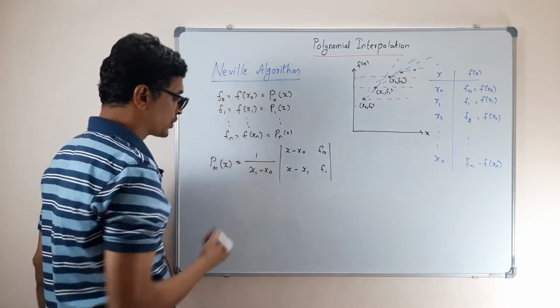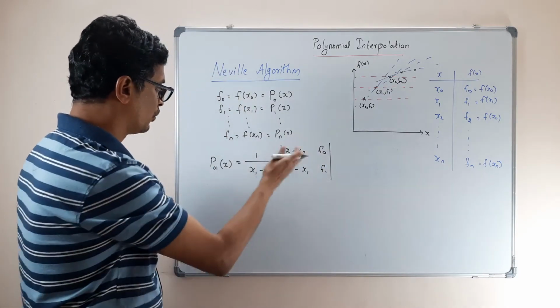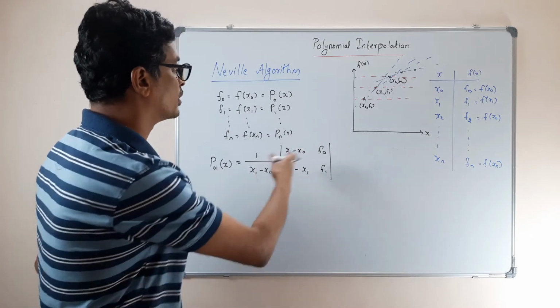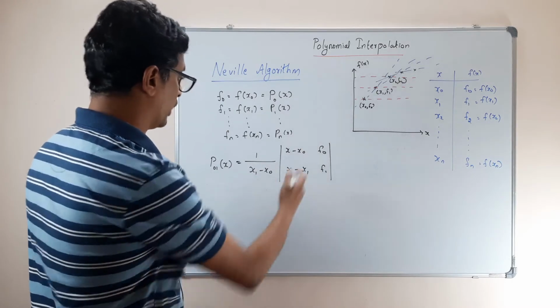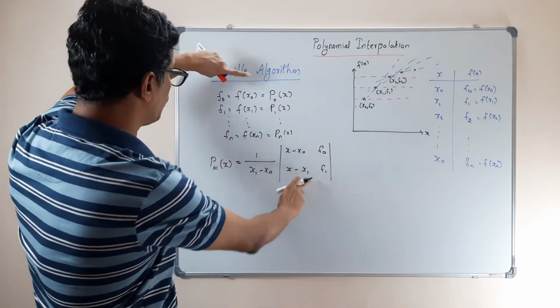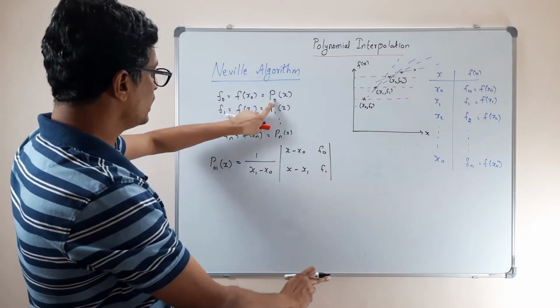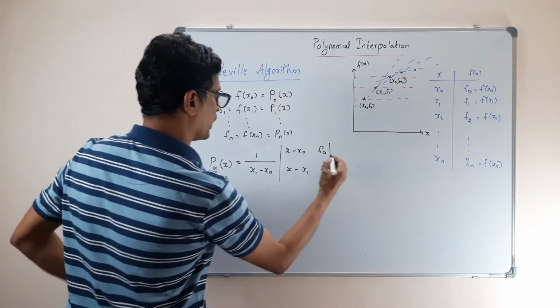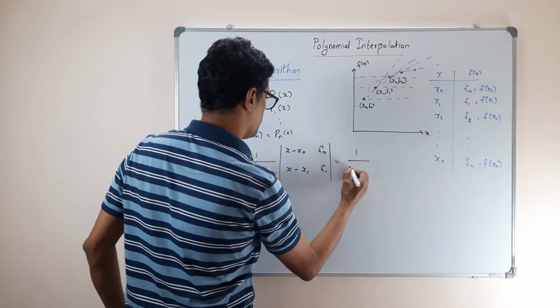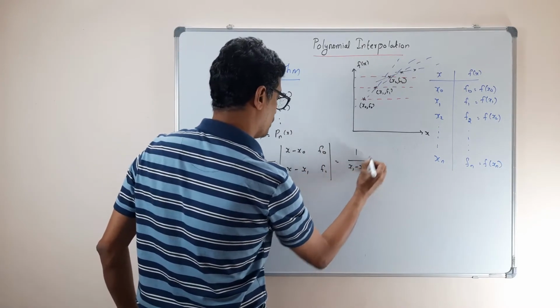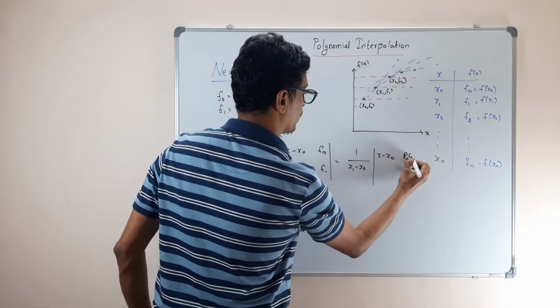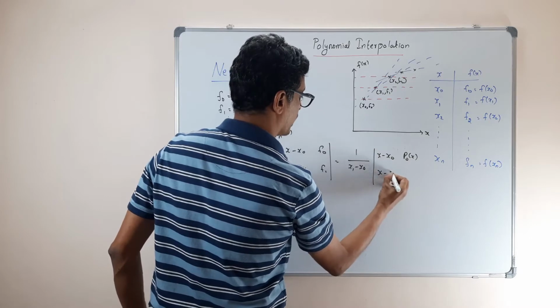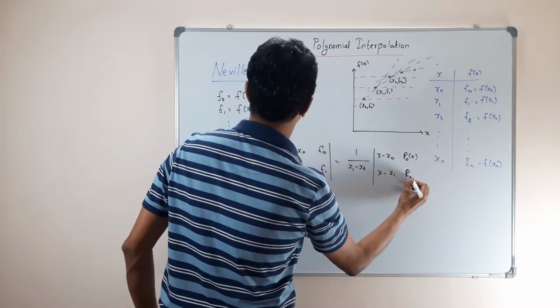So this is the equation of a straight line in determinant form. You can prove for yourself whether it's a straight line or not; I leave that to you. Now f0, f1 is nothing but a polynomial of degree 0, so let me replace it. This will be 1 by x1 minus x0, with x minus x0, p0 of x, x minus x1, p1 of